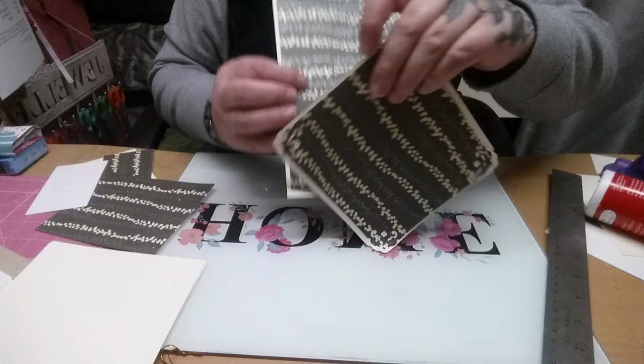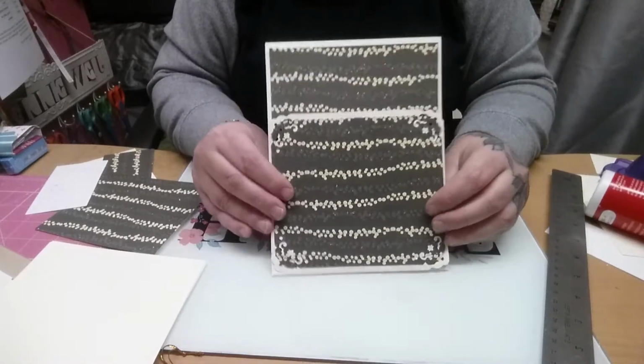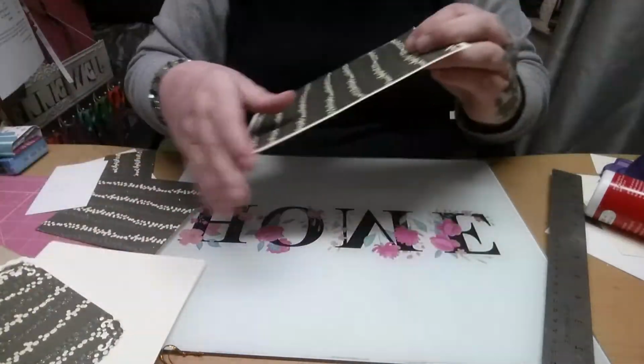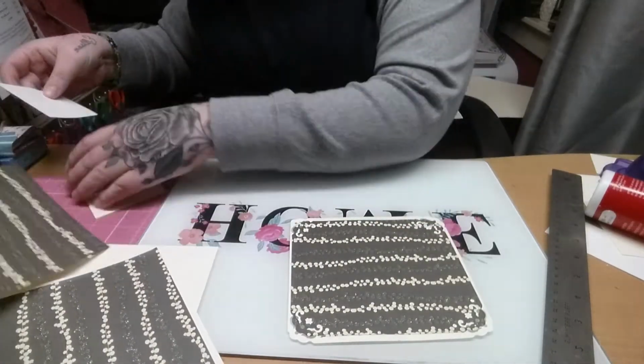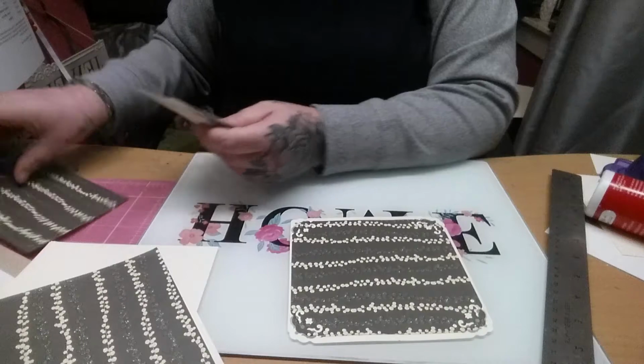So as you can see, that is going to go on to here, but not yet, and that will leave the pocket at the top. So I'm going to take the pocket, and what I want to do is now you